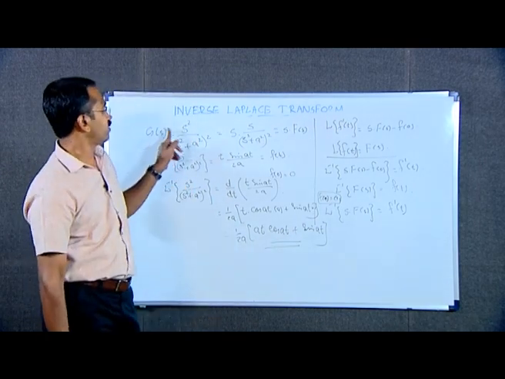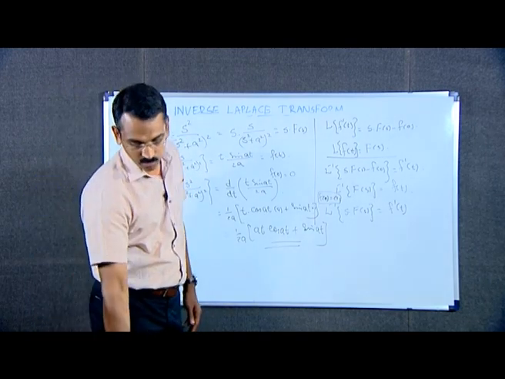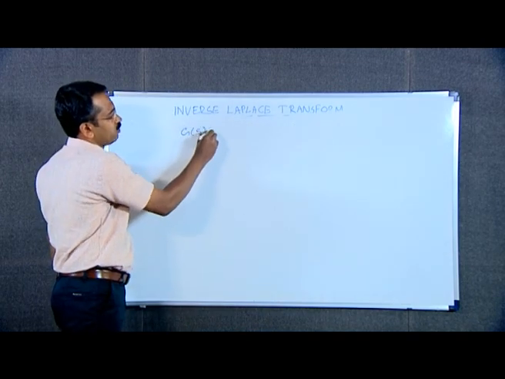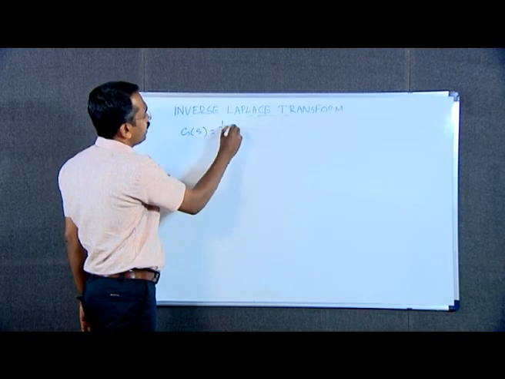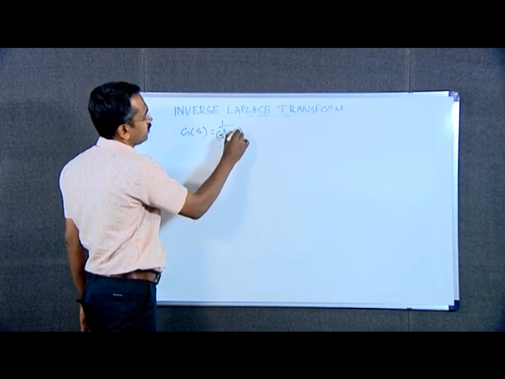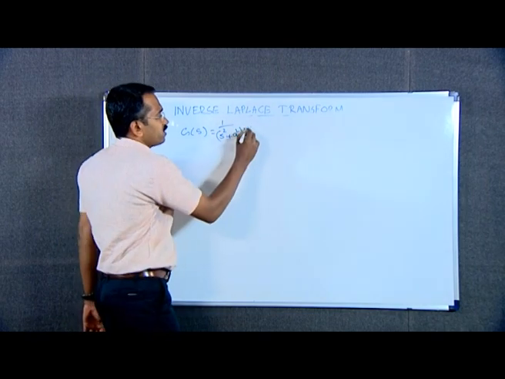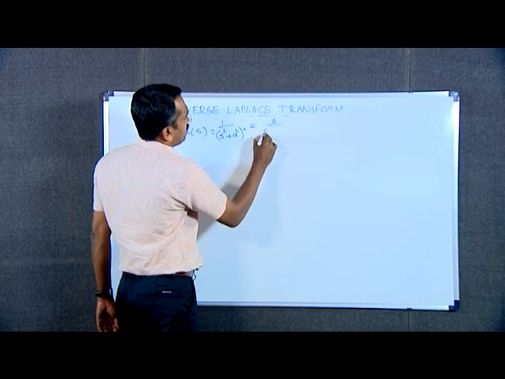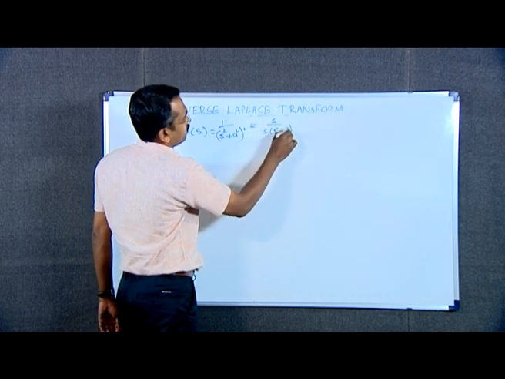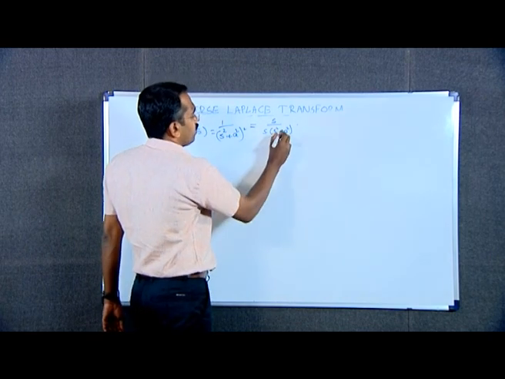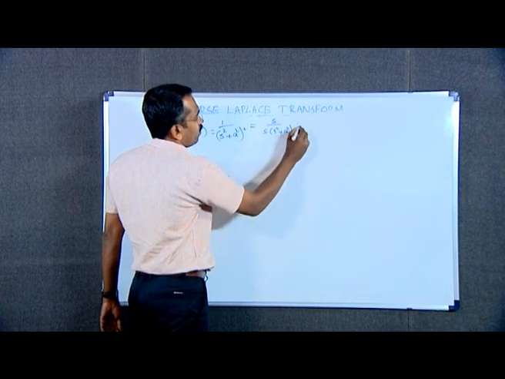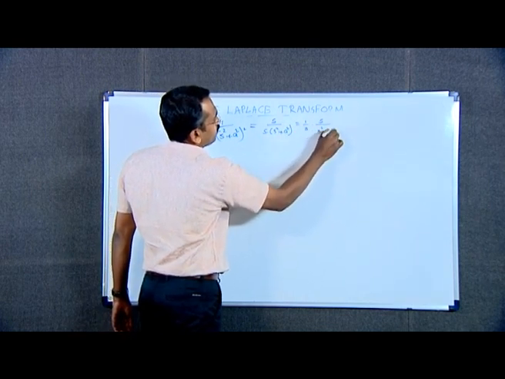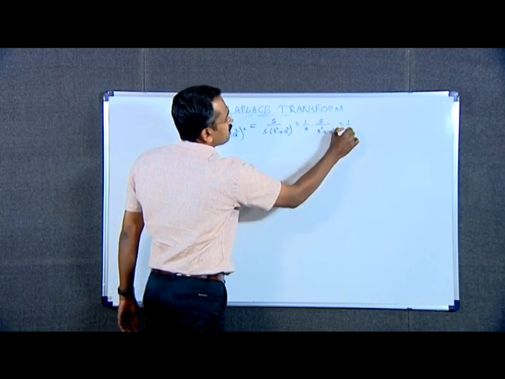This is the inverse Laplace transform of s square divided by s square plus a square the whole square. Consider the function g of s is equal to 1 by s square plus a square the whole square. We can write this function as s by s into s square plus a square, that is equal to 1 by s into s by s square plus a square, which is of the form 1 by s into